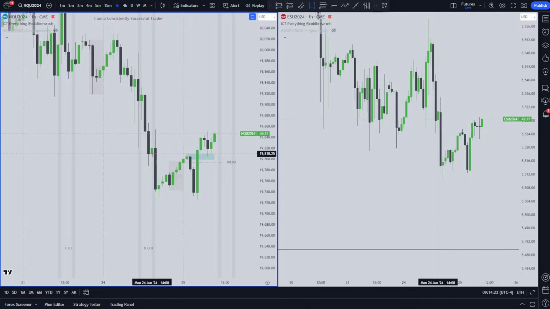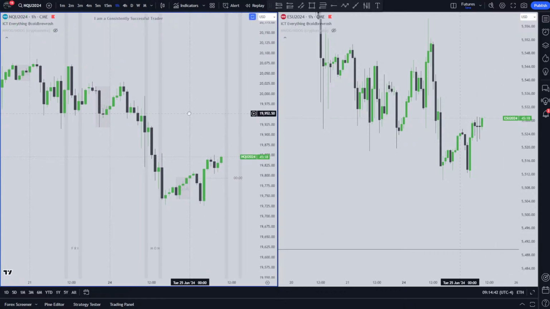You can also see the reclaimed order block working nicely. If you wanted to draw it there, you could. It's because it closed above this wick as well, so you could draw the wick. But the reclaimed order block's held, and it seems like we're reacting from that to go higher.